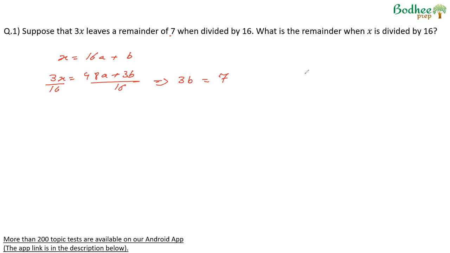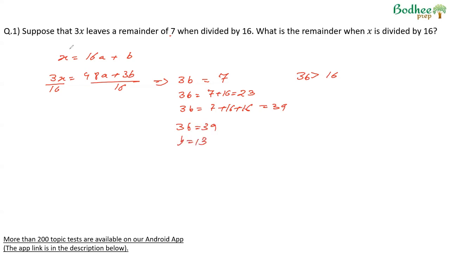That means 3b has become a number which is greater than 16 and therefore a division happened. So since 3b cannot be 7, we can say 3b could be 7 plus 16, which is 23. Again, not possible because 3b being 23 will again not give an integral value for b. So 3b could also be 7 plus 16 plus 16. So basically, since we multiply b by 3, it becomes a number which is divisible by 16 two times over. This is 39. Now this is possible because 39 is a multiple of 3 and therefore we can say b